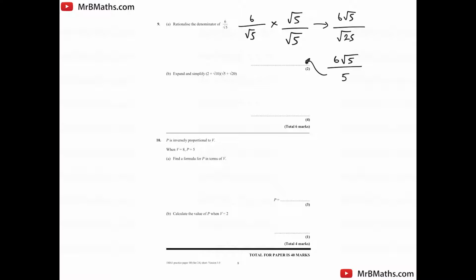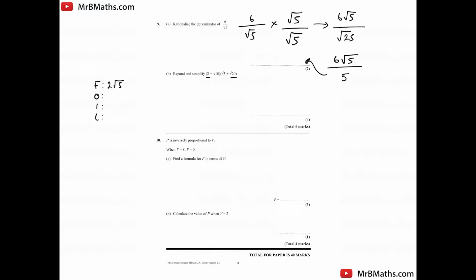Expand and simplify (2 plus root 10)(root 5 plus root 20). So we need to use the FOIL technique. So we can do FOIL here. Okay, so first terms, 2 times root 5 would be 2 root 5. Outside of each term